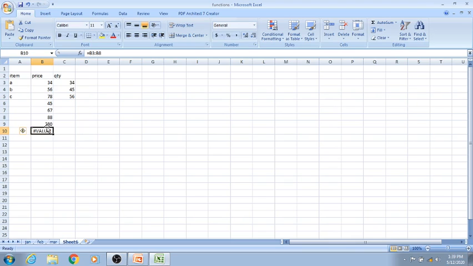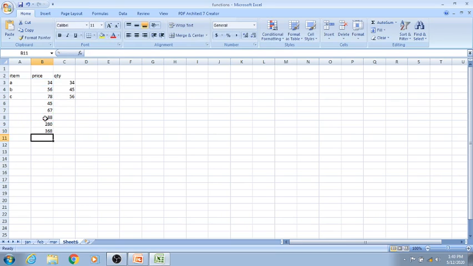So what I can do is, there is one more option. When you click on the cell, just do one thing, equal to, B3 is selected, now put the plus sign, then click here, B4 is selected, then B5 is selected, plus sign, then B6 is selected, plus sign, then B7 and then B8, and press enter.